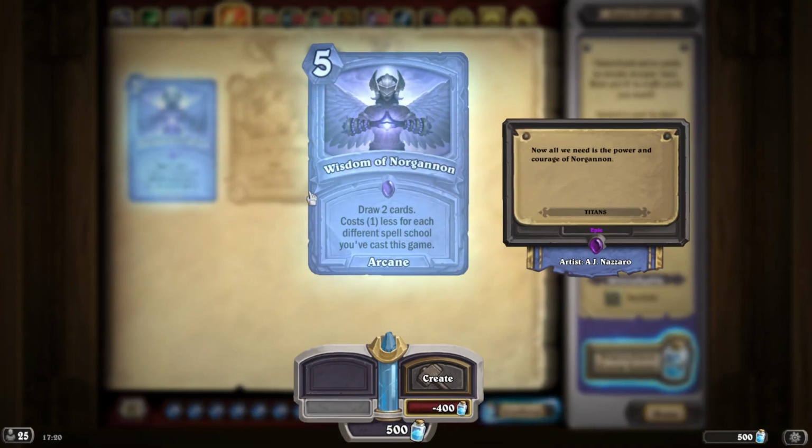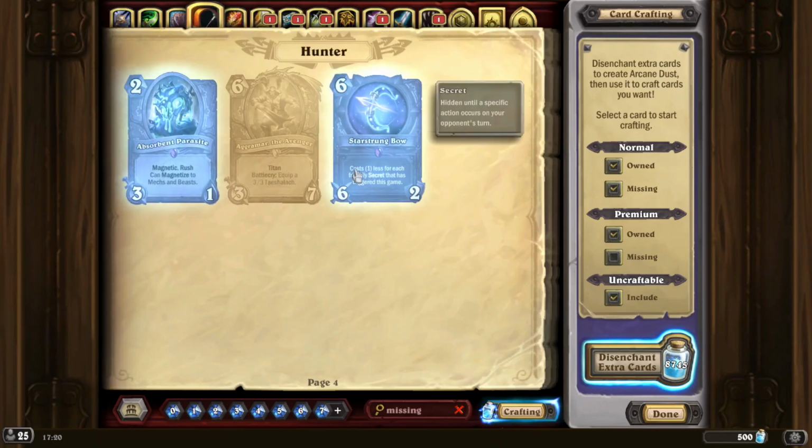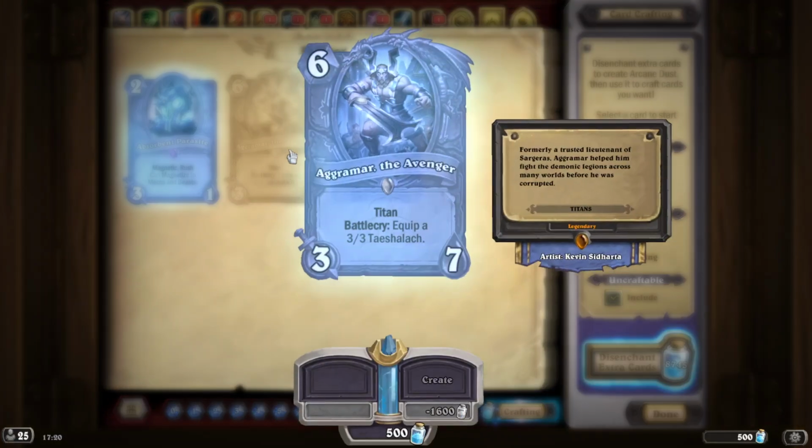Wisdom of Norgannon. Draw 2 cards, cost 1 less for each spell school you've cast this game. So this could easily be 1 mana or even 0 mana, draw 2 cards. Wow, okay. And also the missing cards we had from Hunter were